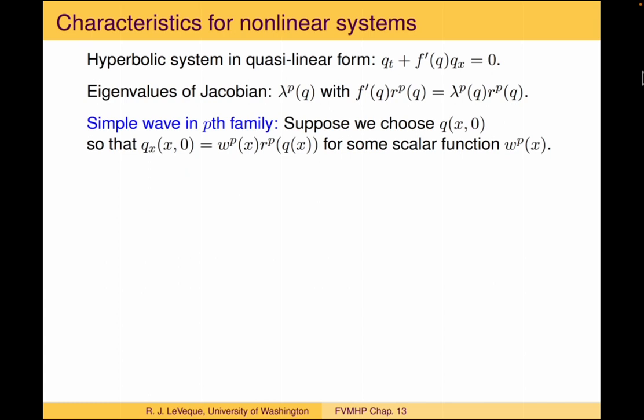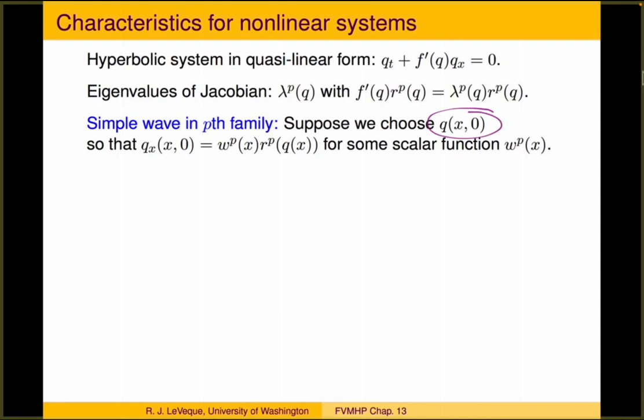And you can study one of those waves in isolation by choosing initial conditions q(x) at time 0 in such a way that its variation, or its derivative, is a scalar multiple of the right eigenvector r_p evaluated at the corresponding q(x). So if you can somehow set initial conditions so that it's everywhere a scalar multiple of an eigenvector in the pth family,